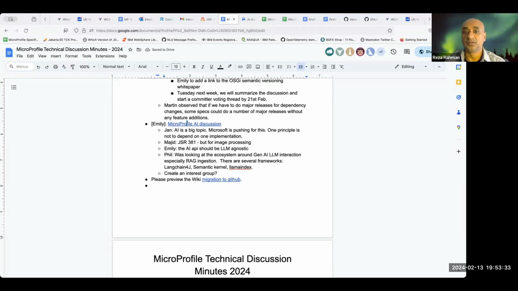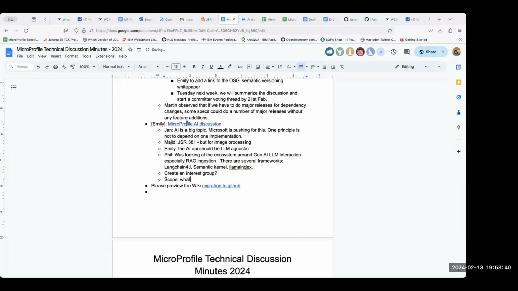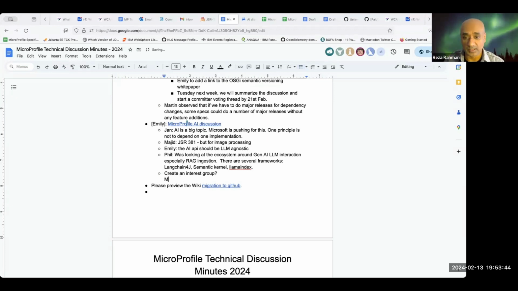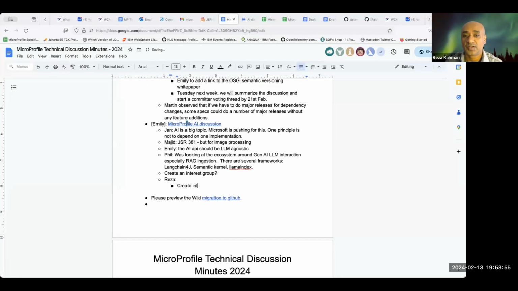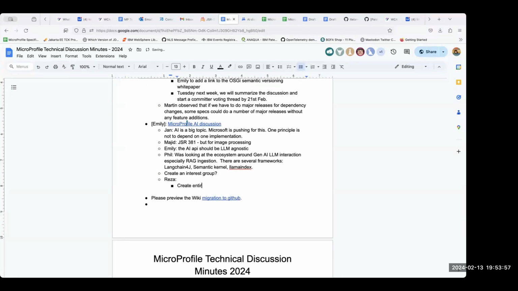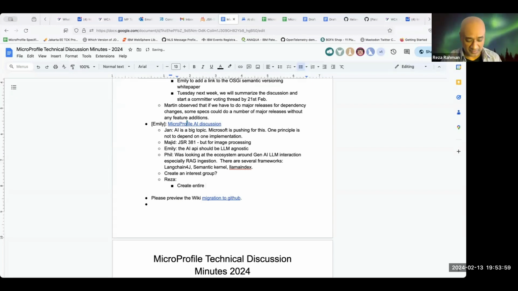So the next question I need to really understand before I go back to them is, okay, how do you want to go about creating it? Is it just a binding on LangChain4j, a CDI extension to LangChain4j pretty much? Are you recreating an entire API from scratch that competes with something like LangChain4j and the Azure Open API? That's what I need to know, right? Before I can go back and ask them, hey, are you interested in getting involved or not?